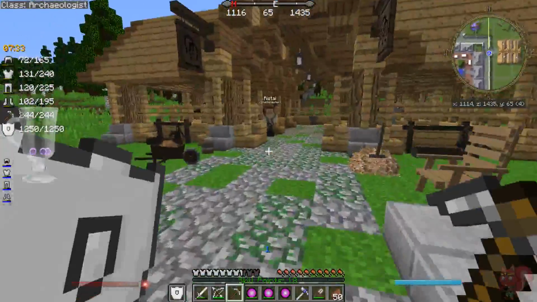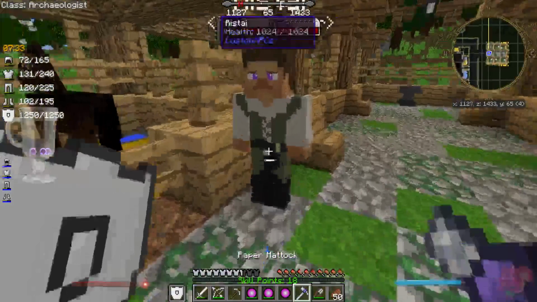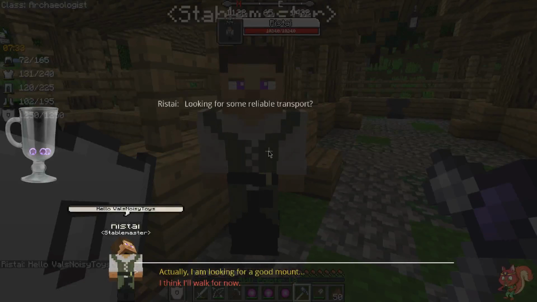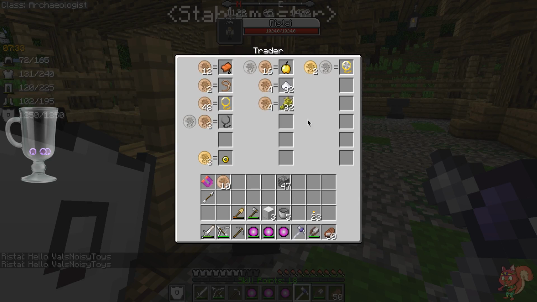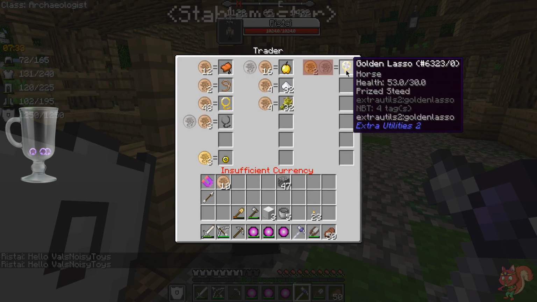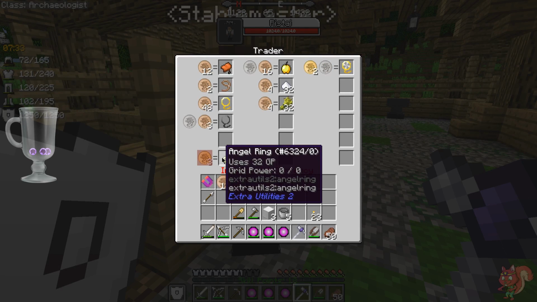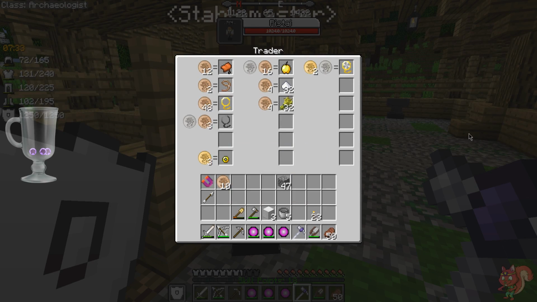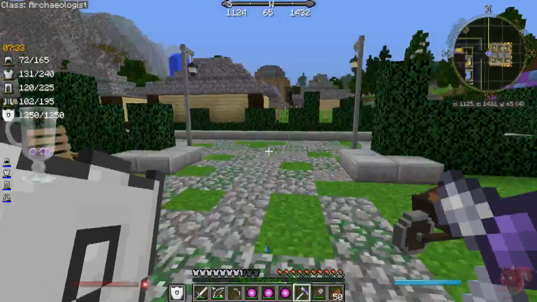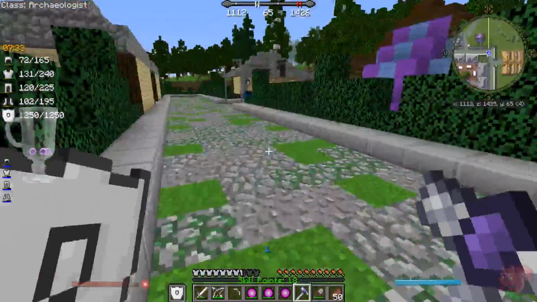Of course, we do have a stable master here, and you can buy various things from them, as well as the people in the marketplace. So let's look for some reliable transport. One of the things you can buy if you are rich is a golden lasso with a prize steed in it. I'm looking forward to purchasing that. What's that? An angel ring. Interesting. Whoops. Alrighty, so